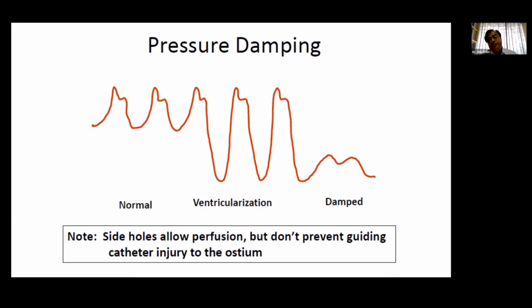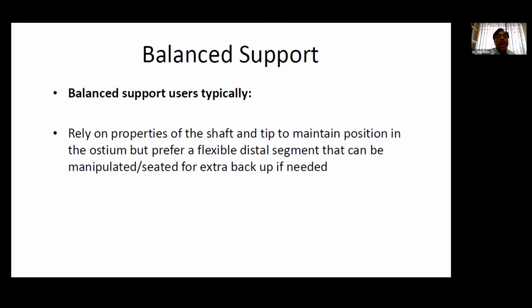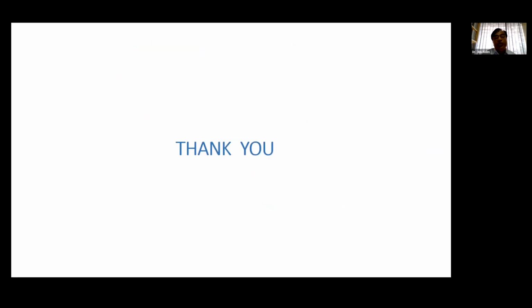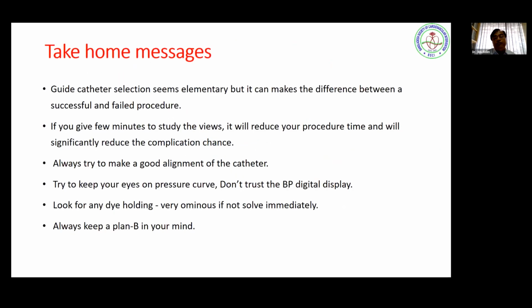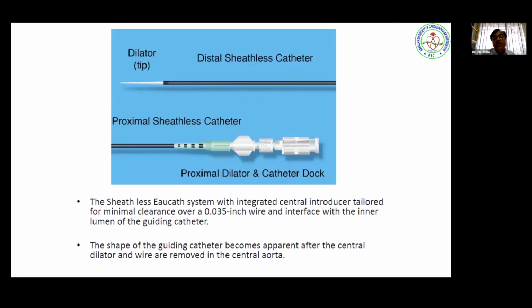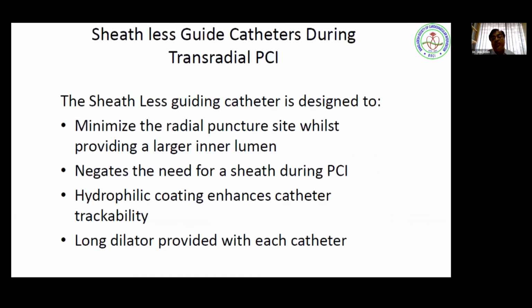There is a sheathless guide catheter nowadays being developed in the world. A sheathless guide catheter will give you more space than if you use a 6.5 French or 5 French catheter. A 5.5 sheathless guide catheter gives a space equal to the 7 French guide catheter we routinely use. The sheathless guide catheter is more recommended for transradial PCI to accommodate more space. By using a smaller outer diameter, we can get a larger inner luminal diameter with a sheathless transradial guide catheter. For your information, the sheathless guide is not yet available in Bangladesh.